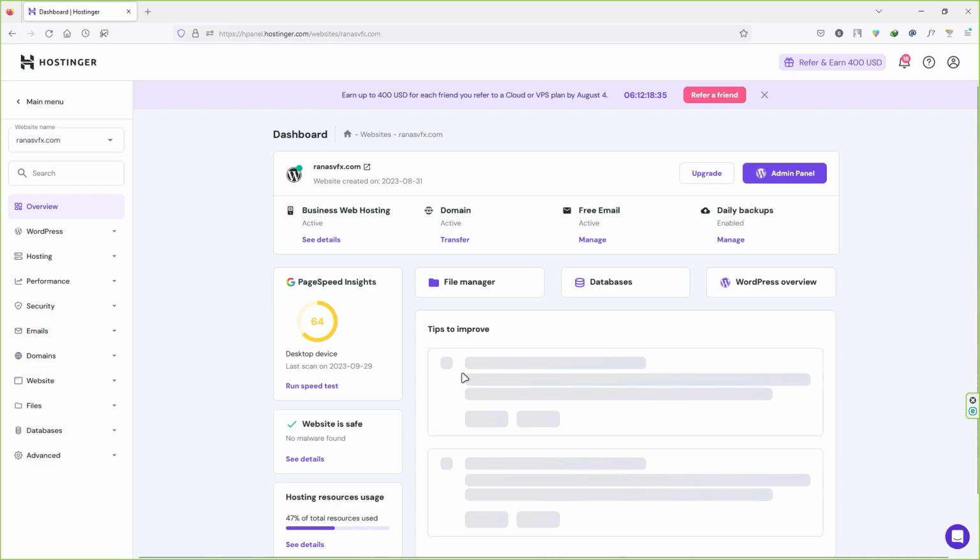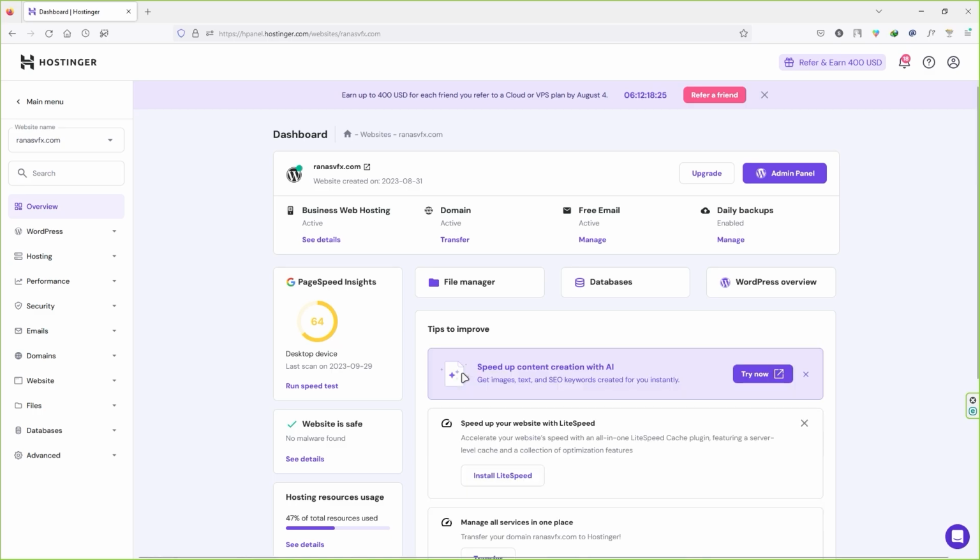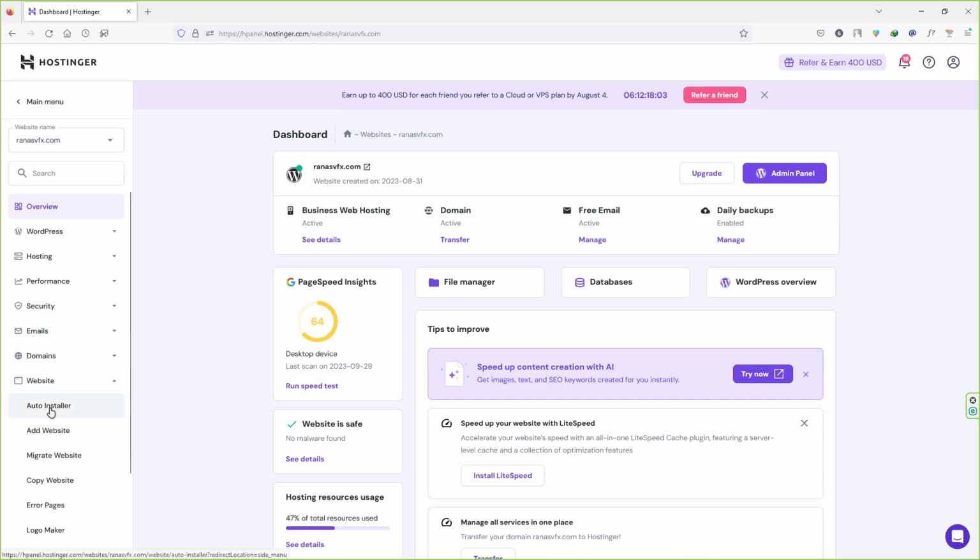So in the next step, you have to install WordPress. If you're a complete beginner, what is WordPress? Well, WordPress is a script that allows you to create a website without having knowledge of complicated coding, and it is completely free. So let me show you how to install WordPress. What you need to do is just hover your mouse over Website, expand that and click on Auto Installer,